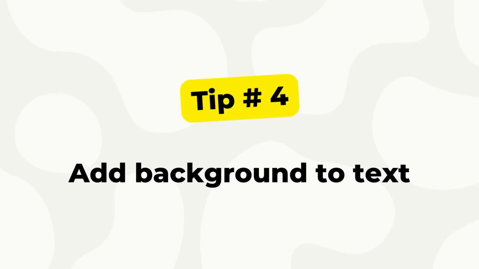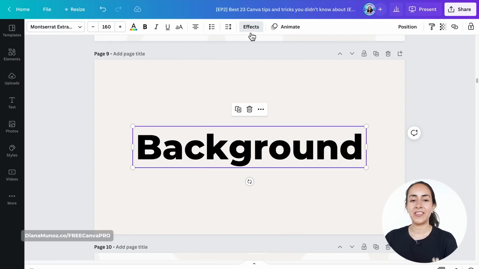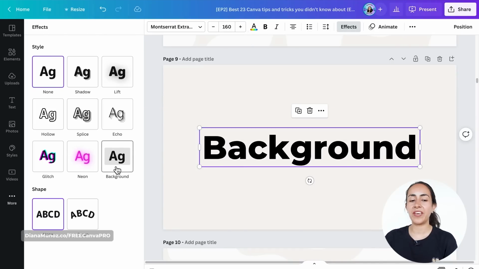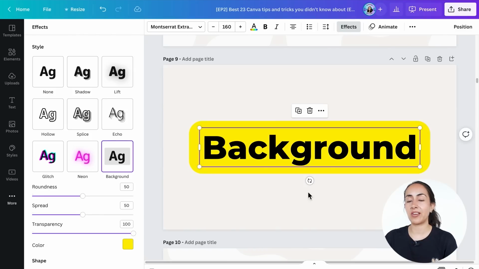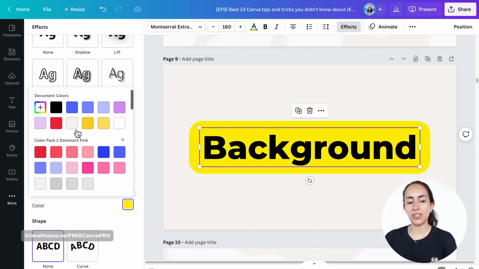I love this feature. We're going to add a background to our text box. So select your text box, go to effects, and now we have this option which is relatively new, and when you click on it, you will have this background automatically added to your text. You can change the color,